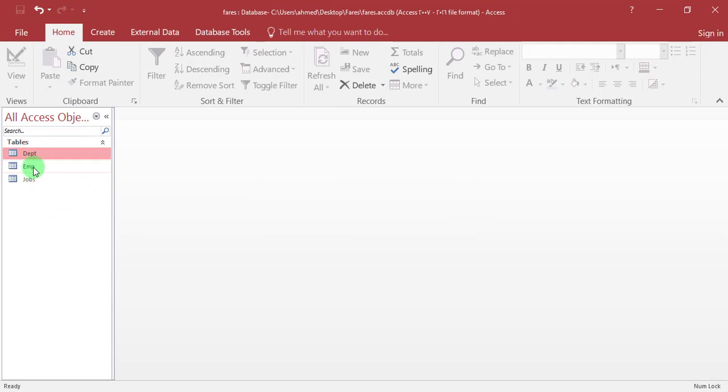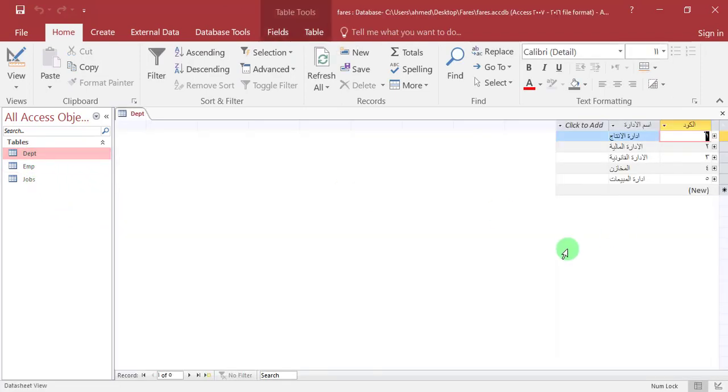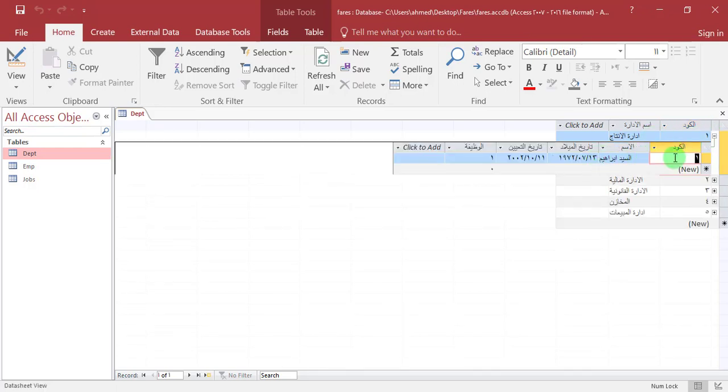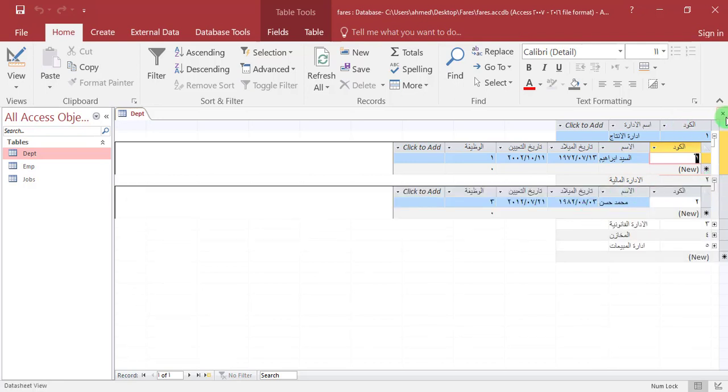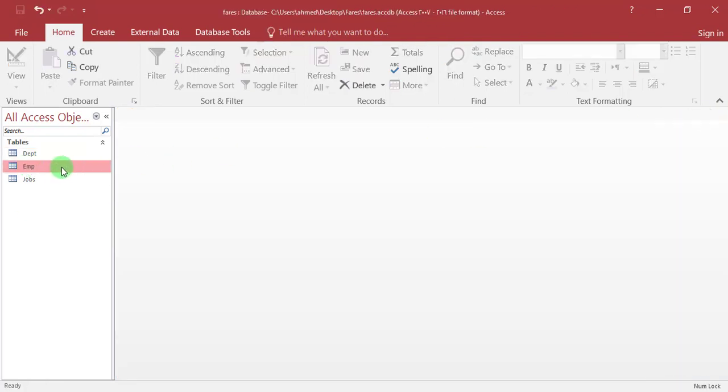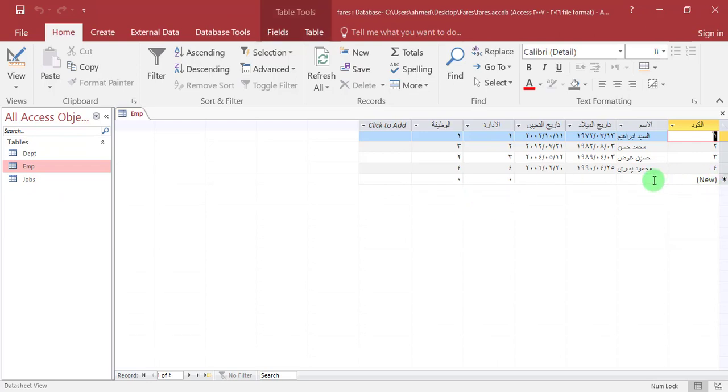And to see the impact of what we did, when pressing on the department table, we see a plus sign. Expanding it will display the related fields in the EMP table. Inserting a new record in the employees table.